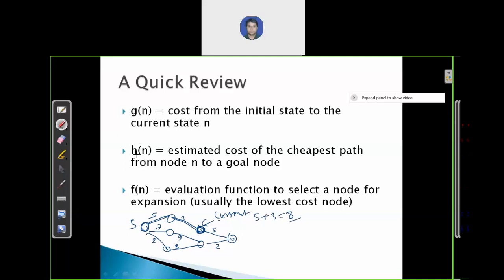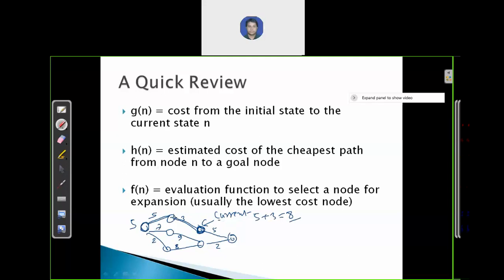And hn is the estimated cost from your current state to the goal state. This hn gives you the estimation: it will take this much cost from this state to the goal state.